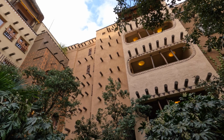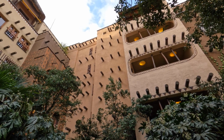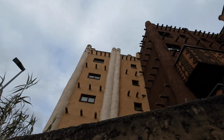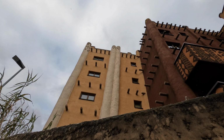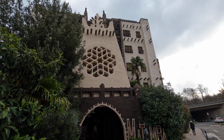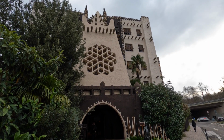Situated right on the corner of the park's entrance, Matamba is nicely located near the shuttle bus stop and the car parks and attracts the eye of the visitor with its sandy colouring littered with spiky wooden props juttering out all over the place. In front of this sandcastle-like structure is a smaller gatehouse with even more intriguing patterns on it,